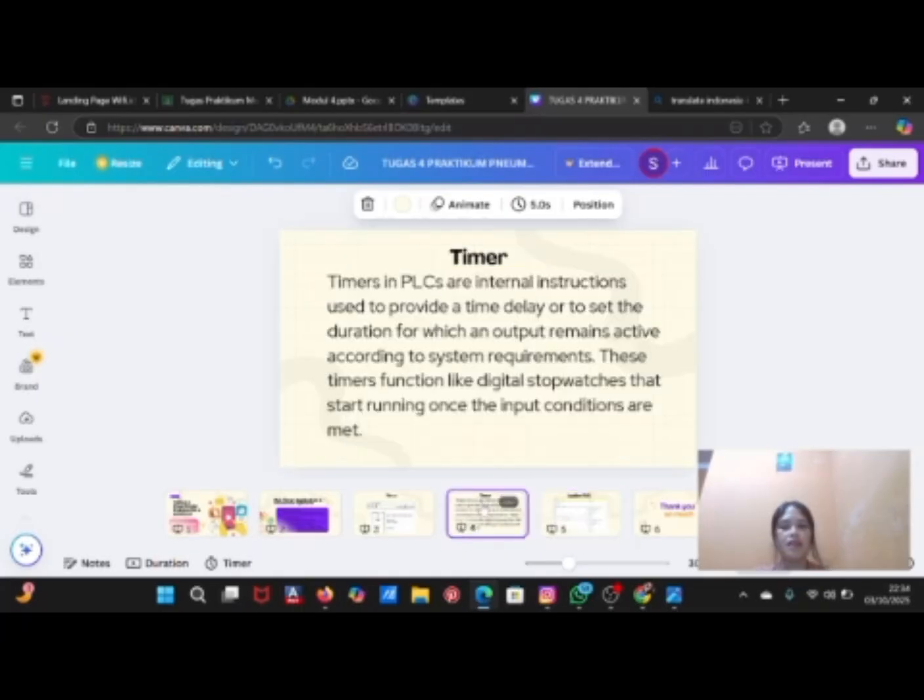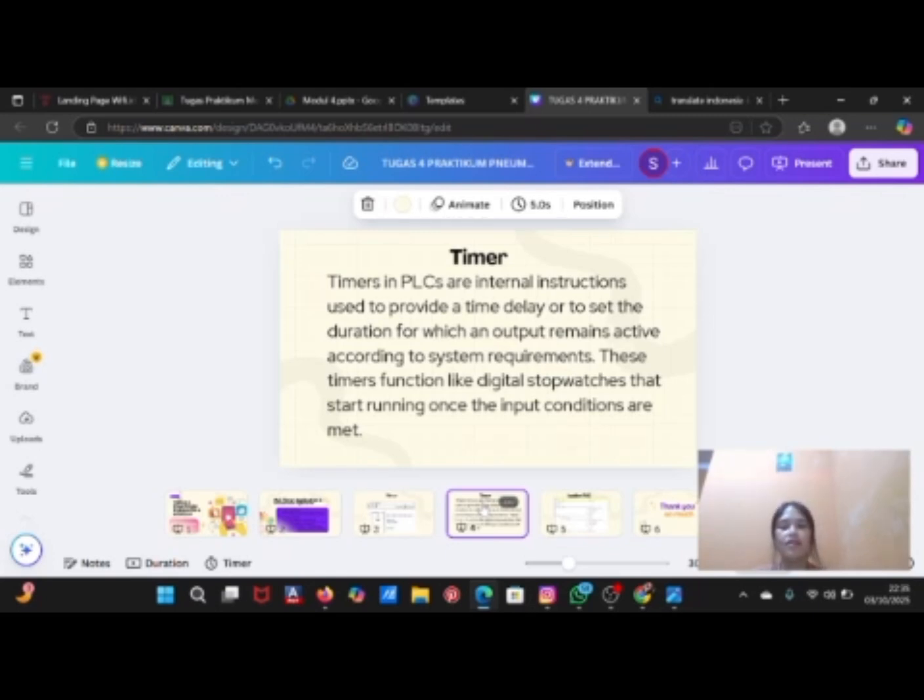A timer in a PLC, programmable logic controller, is a function used to delay or control the execution of a process for a specific period. Timers are widely used in automation systems to create time-based operations such as delays, countdowns, or sequential control.